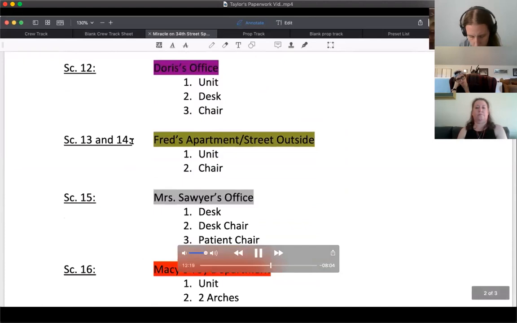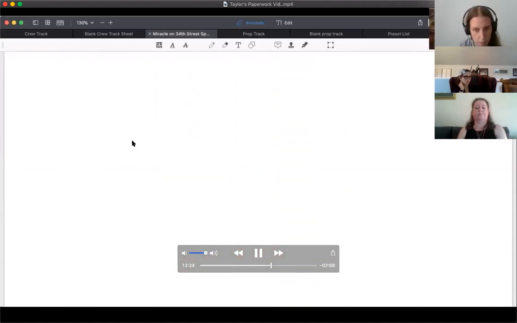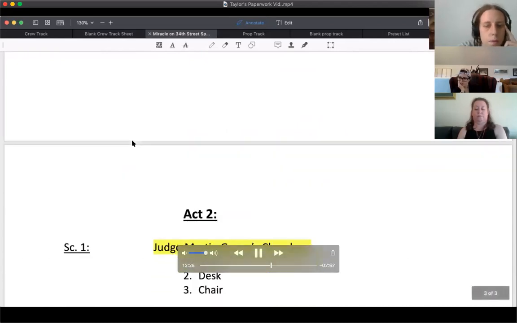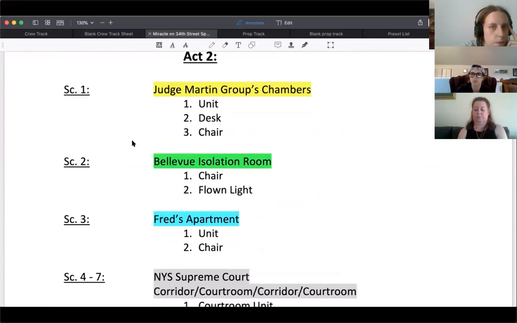And then you're going to see some other colors that are reused again in a moment once I get to Act 2. So we had this light green previously in Act 1. This light blue was also previously in Act 1. So I just tried to make sure that